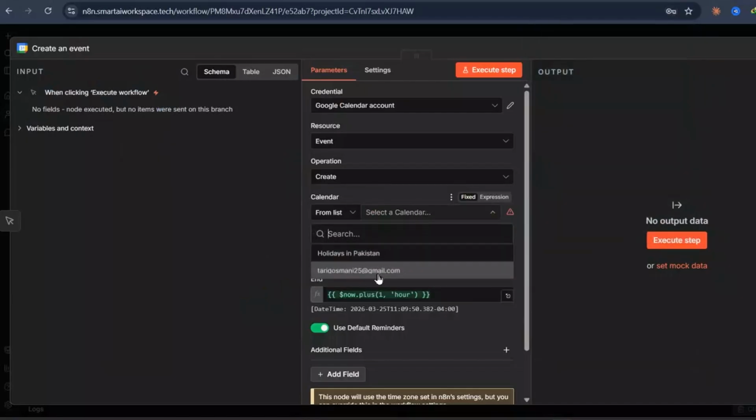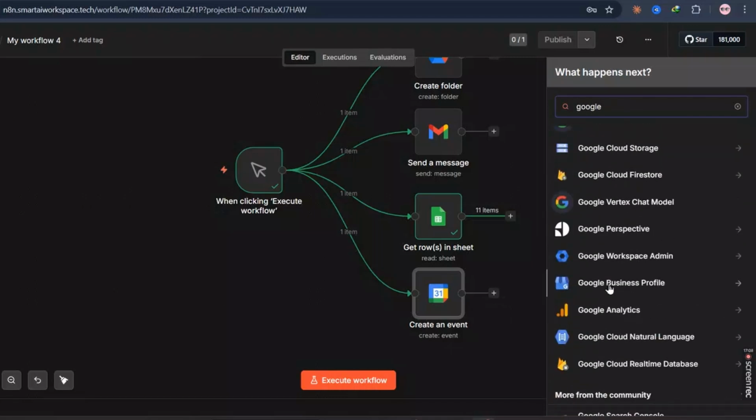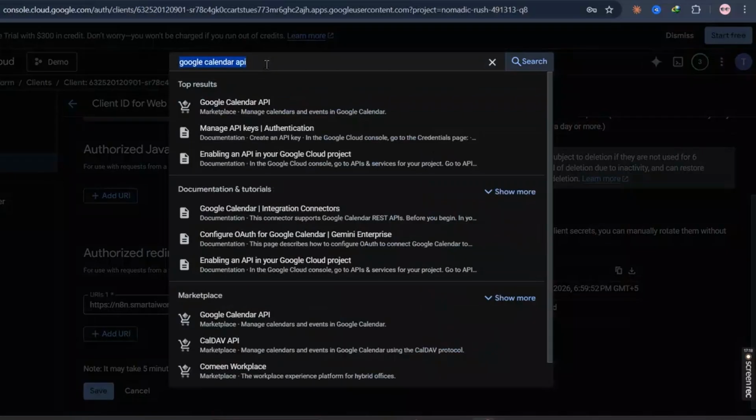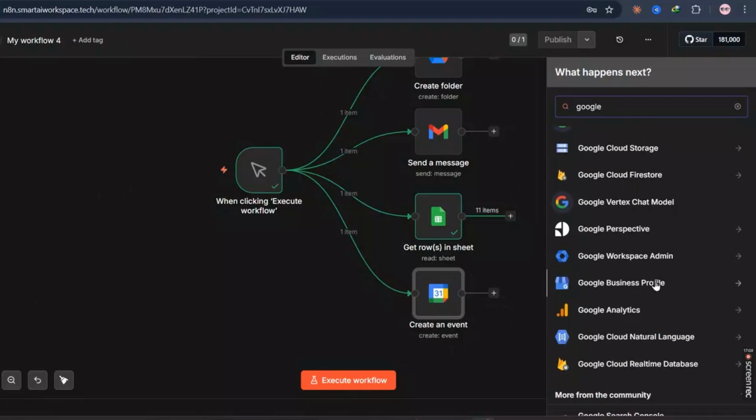Now you can see I have a connection inside my Google Calendar. I can create an event, delete an event, anything that I want. Also, you can access analytics. This process is all the same for all products of Google. And here we have to enable the API key and then we can use it inside our n8n. And you can see in here there are a bunch of tools or applications that we can use daily,